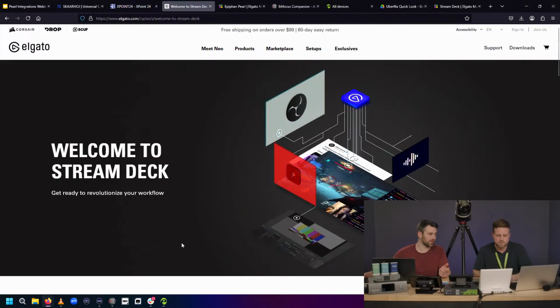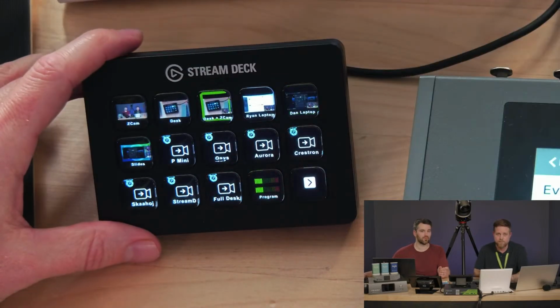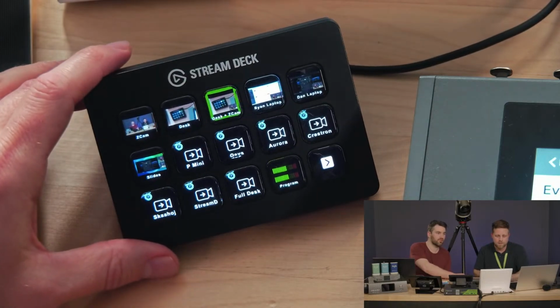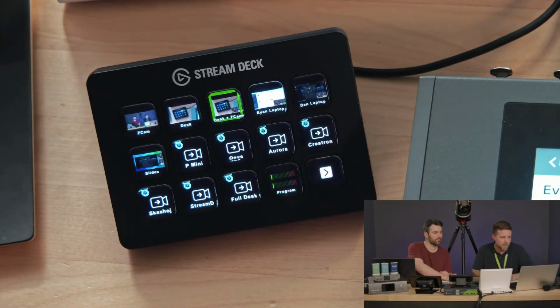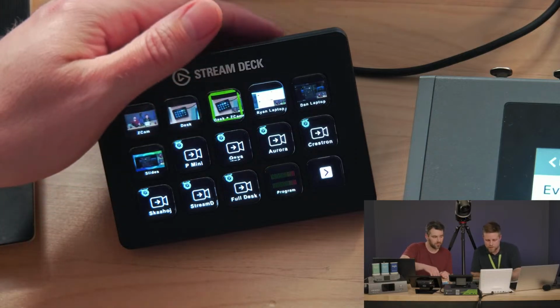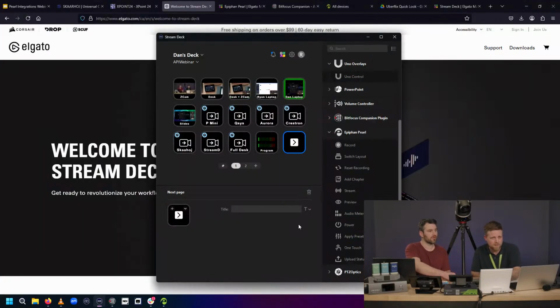If you want to go back to the Stream Deck there just for a moment. Yeah, Dan, sure. Where are we here? There we go. And then actually, can you go to your screen for a second? Your laptop? Oh yeah, sure. You want to show the laptop? Yes. And then I'll take the mouse for a second.